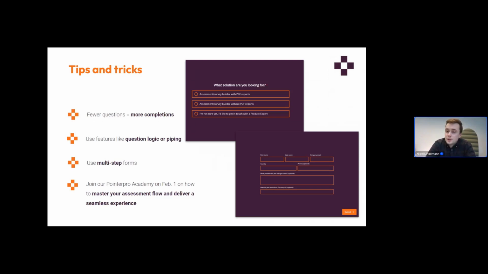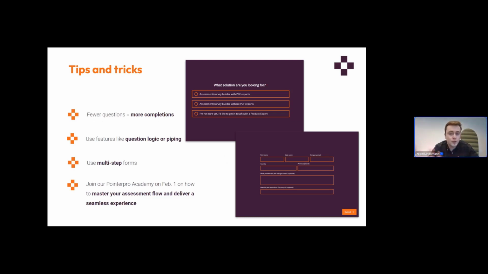You might be thinking, yeah, this is a no-brainer. But when I look at some assessments, when I look at certain quizzes, I see people like to ask a lot of questions. They think every question is important, is relevant. What I always do is, my go-to reasoning is always that I will ask myself, what will I do with the answer to this specific question? Can I use it to personalize anything? Can I